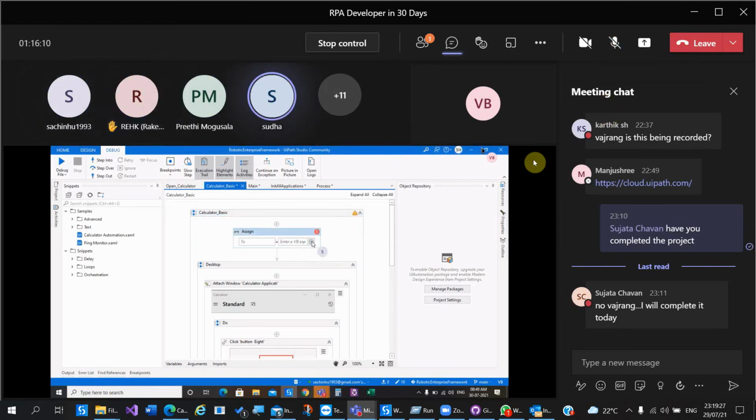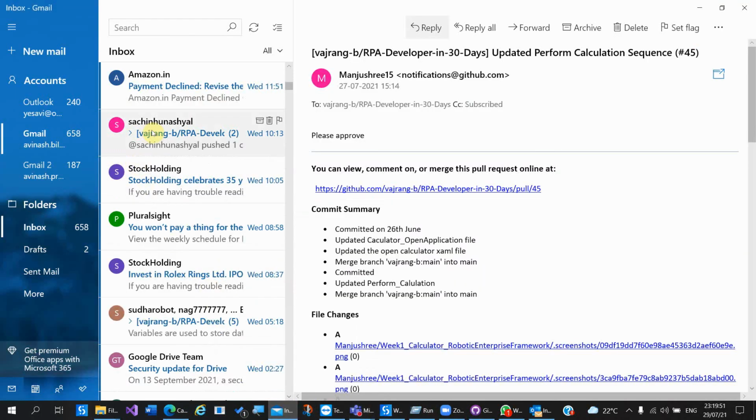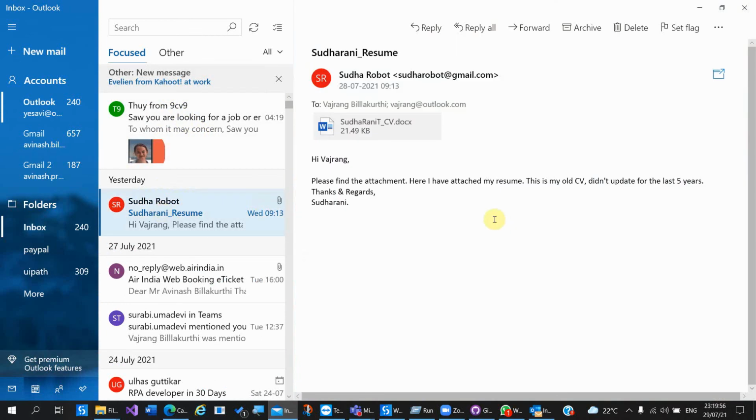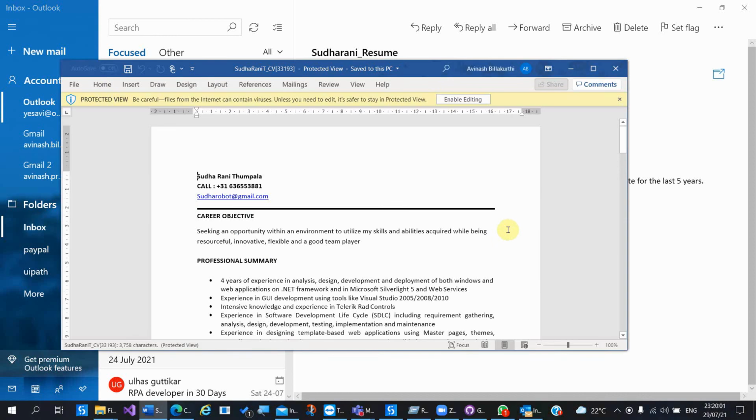And in the assign activity, you need to create a variable. In the two column, click on it and press the Ctrl key. To create a variable, we need to press the Ctrl key.